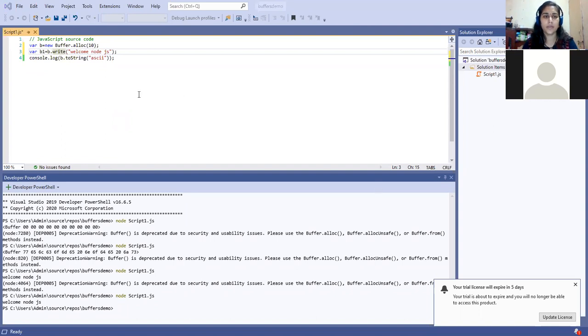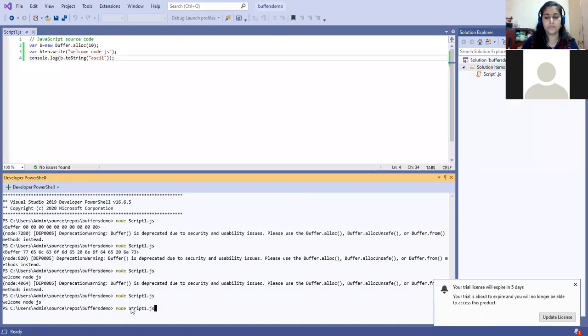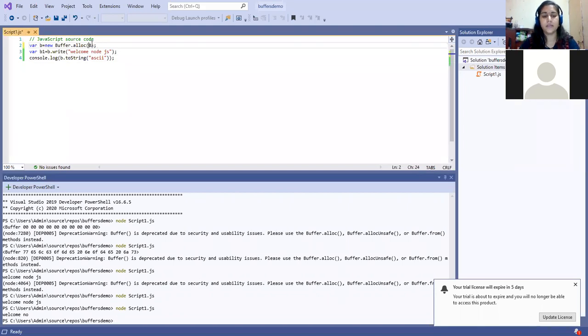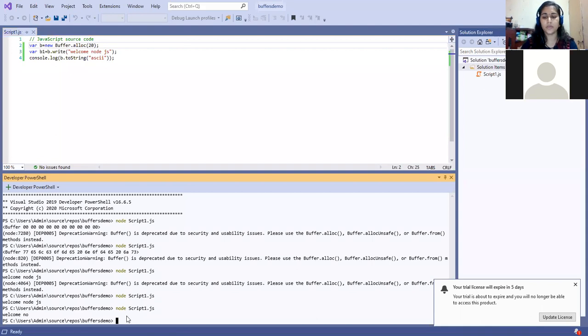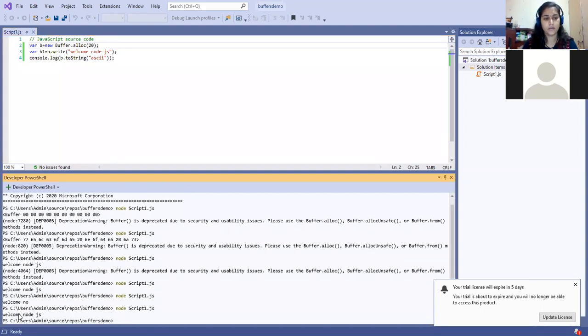Now let us see the output. I have just allocated 10 bytes, so only part of this string will be written over here, unless I extend the buffer size. Then it will show me the whole string, welcome Node.js.